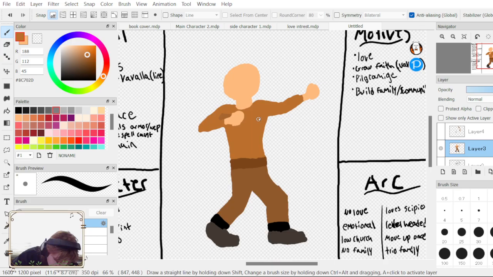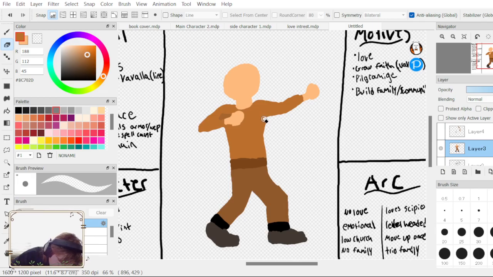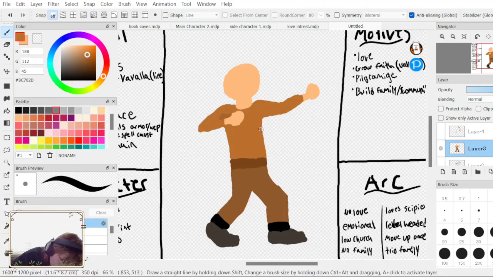Let's straighten it out again. Bring back my eraser. So I don't know how it looked. Okay.